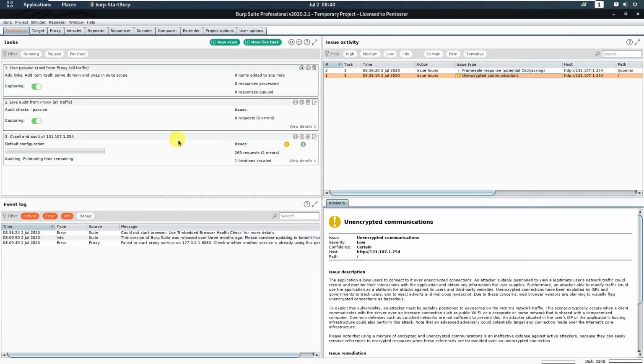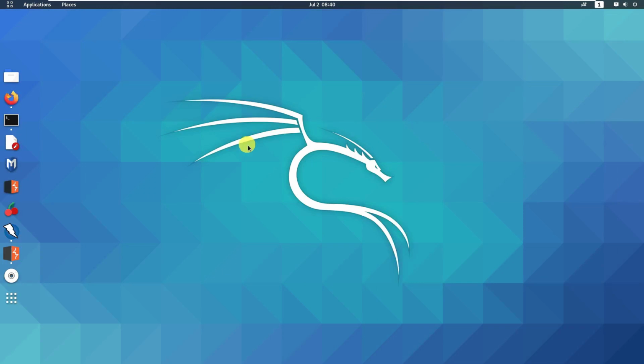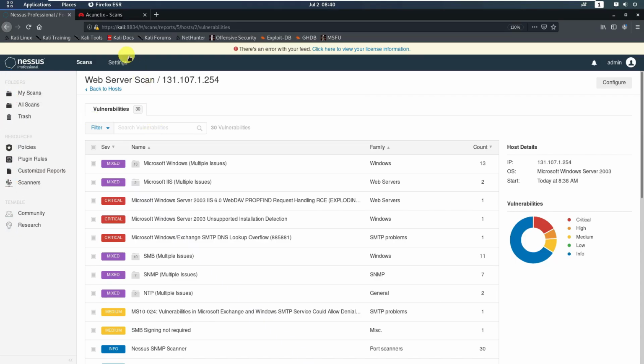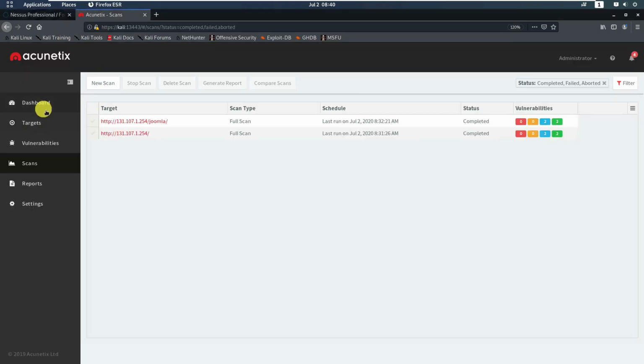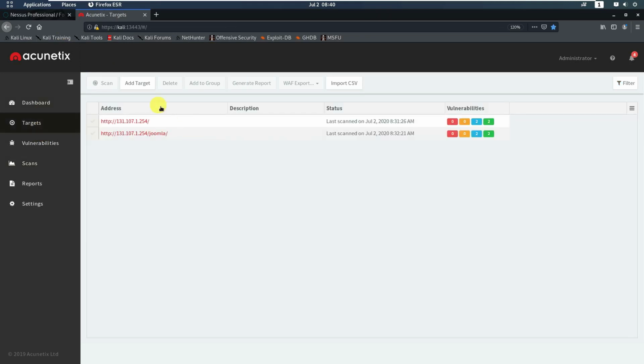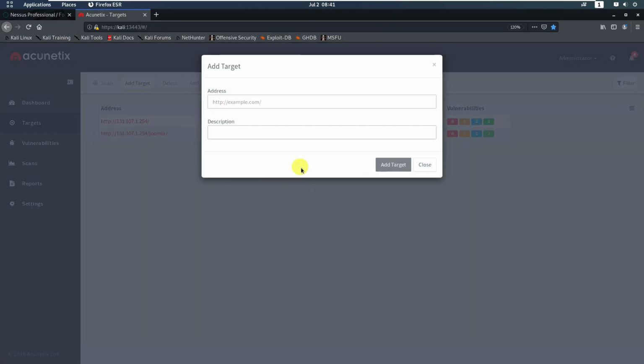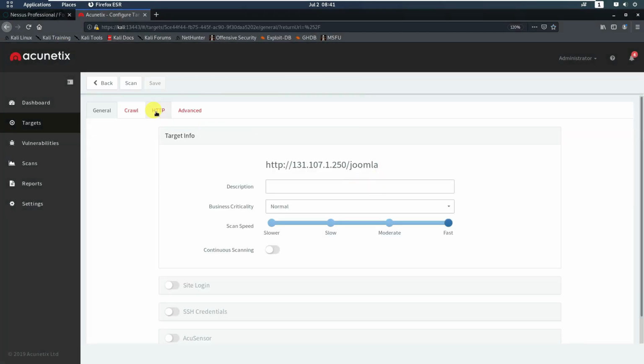So it's supposed to be, let me see, let's check the Acunetix scan with the target. So it is not 254, I'm supposed to add one more. Let's say I try 250/joomla. This is the correct one, supposed to be. Yeah. Okay, and then scan